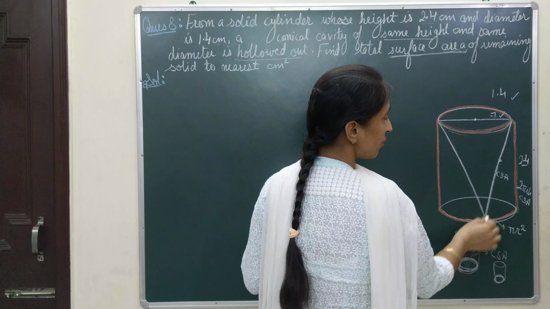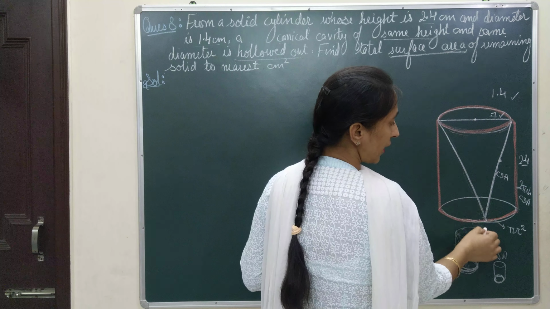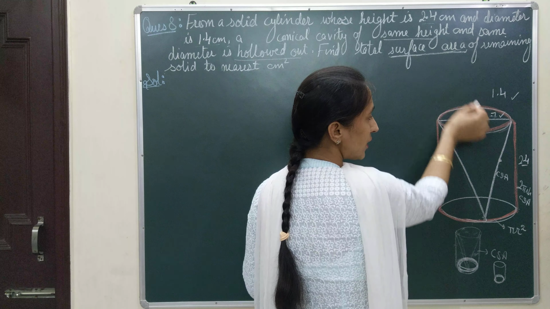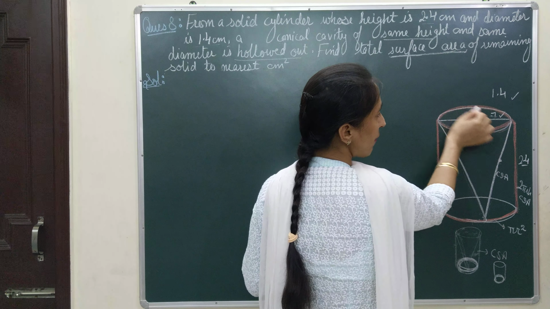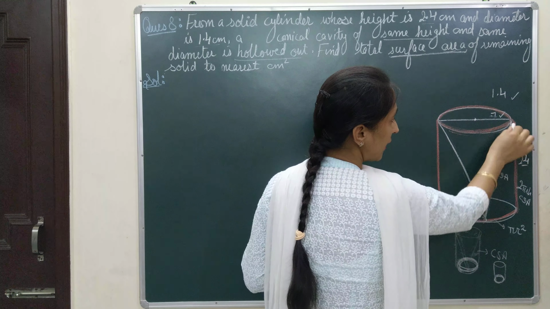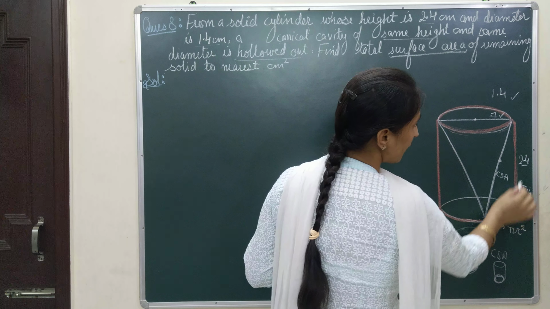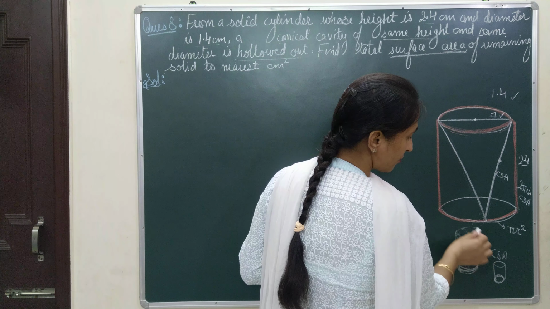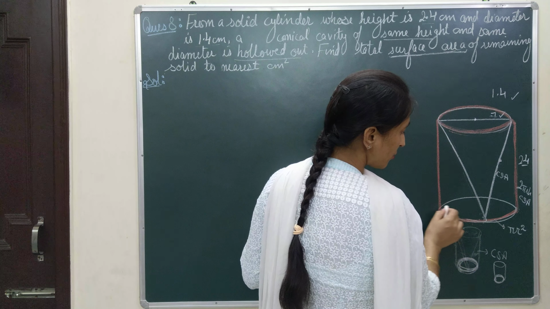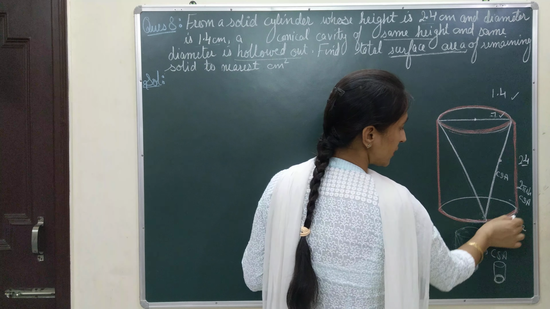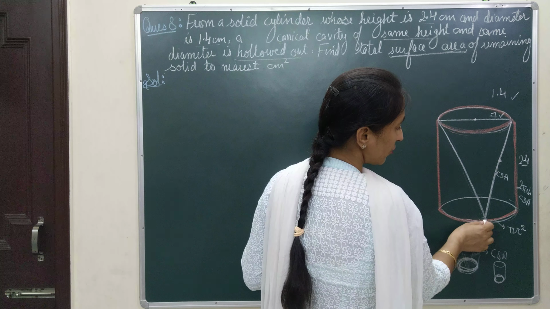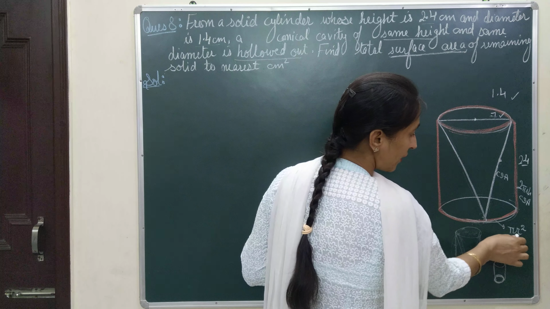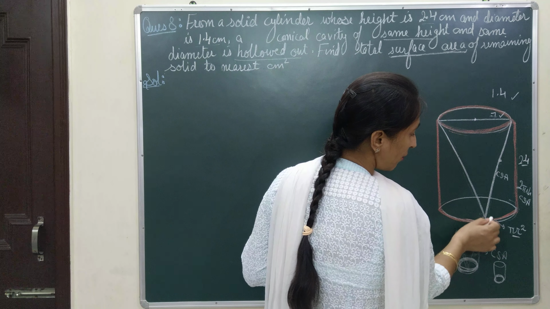because a cavity is formed in the shape of a cone and it is hollow from this side. Now nothing is there on this side, so you will not take this pi r square, you will just take pi r l. And you can also touch the outside of this cylinder, so you will be taking curved surface area of cylinder also. Also this last circular region is not touched, the cylinder is not touched from this end, so you will be taking pi r square from the lower end.